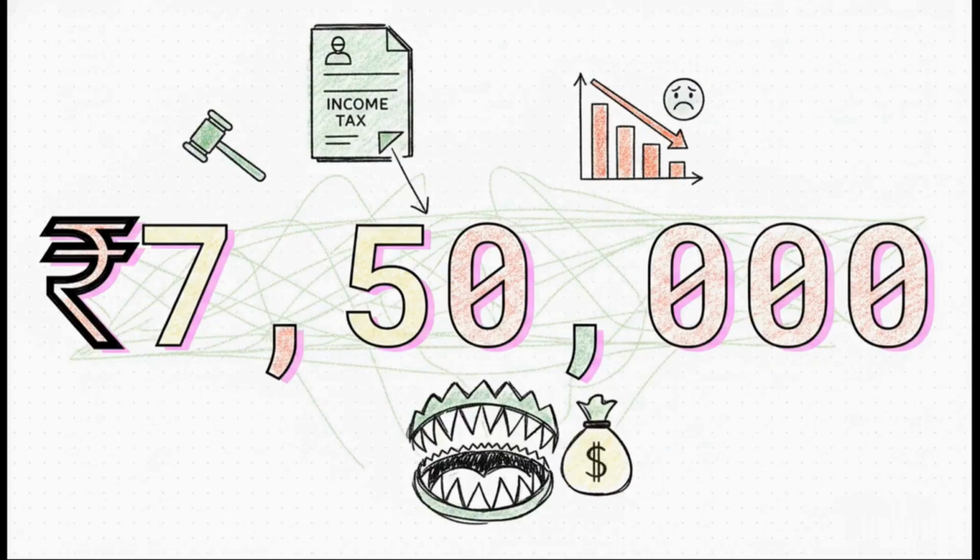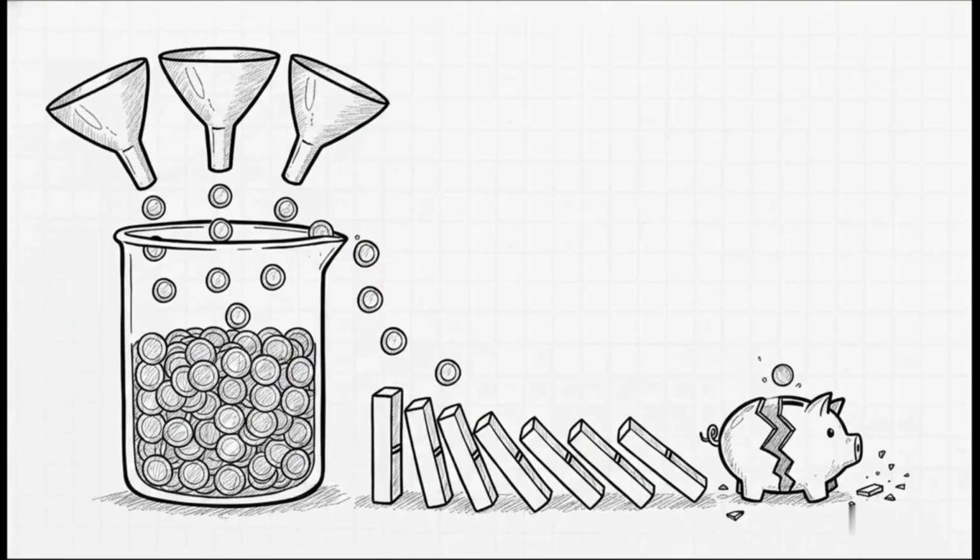7,50,000 rupees. Make a mental note of this number, because crossing this exact threshold triggers one of the most common and, frankly, most costly tax traps for high-earning professionals under Section 17. So here is exactly how this trap works. You have to aggregate your employer's contributions to a recognized Provident Fund, Section 124(1) schemes, and approved superannuation funds. If that combined total breaches the 7.5 lakh threshold in a tax year, bam, the excess is a taxable perquisite.